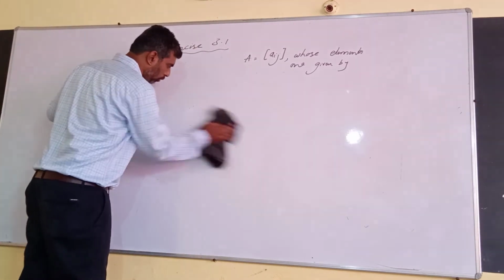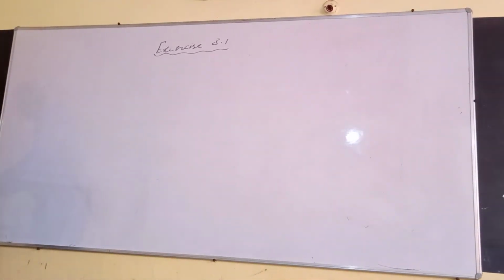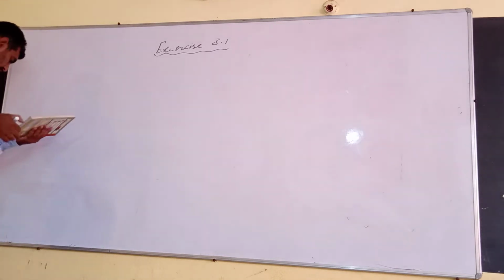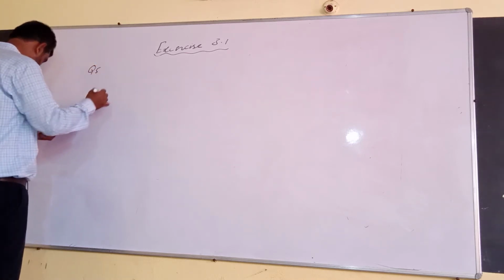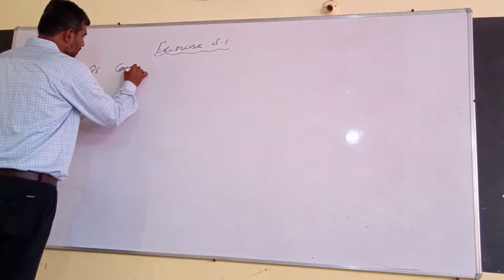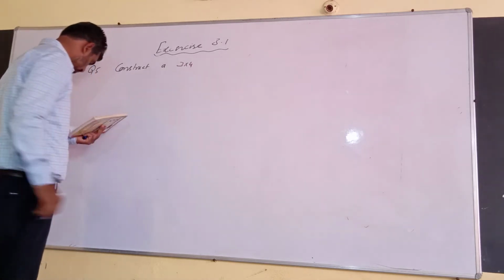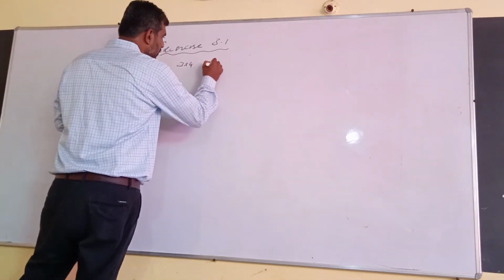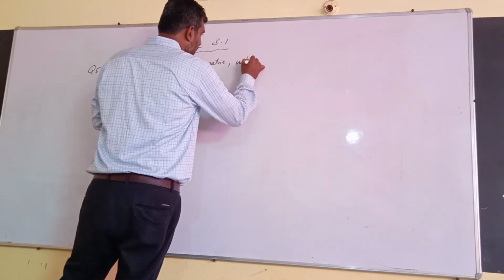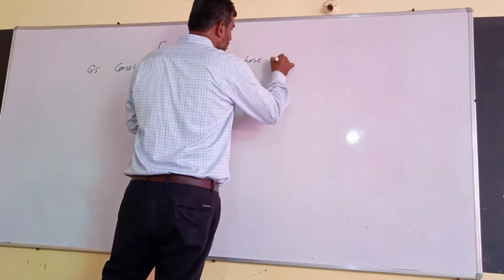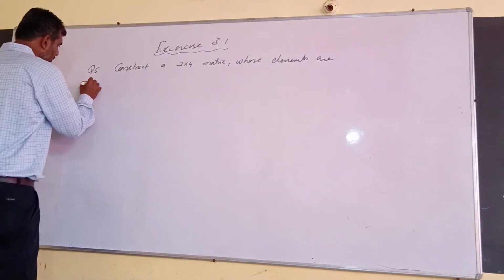Now we will go for question number 4. What is question number 4? See here. Question number 5 in fact. Question number 5. Construct a 3 cross 4 matrix whose elements are given by